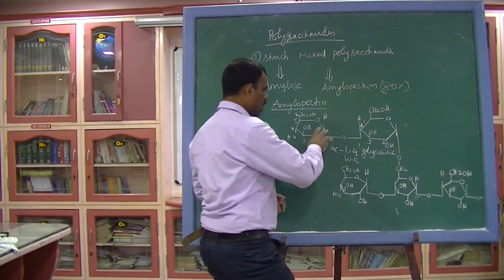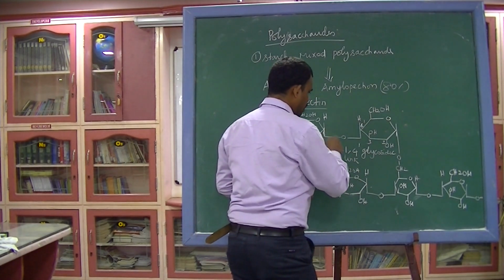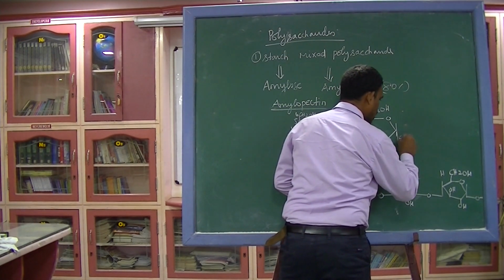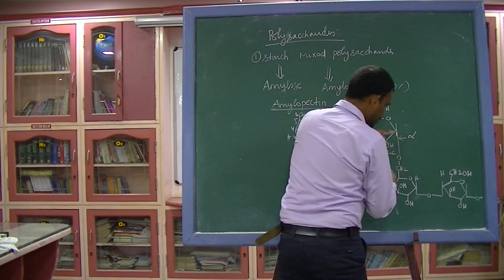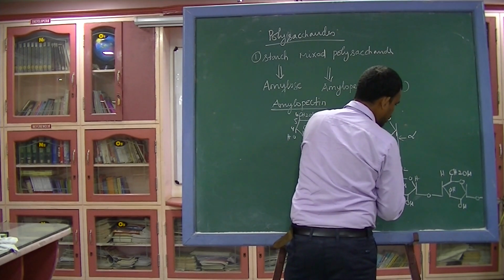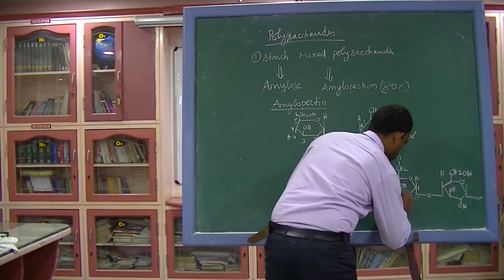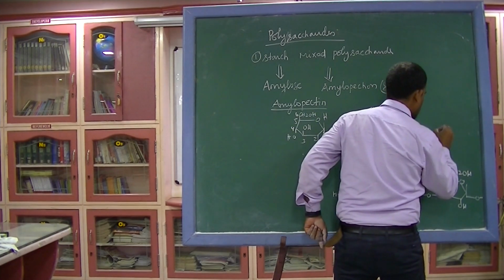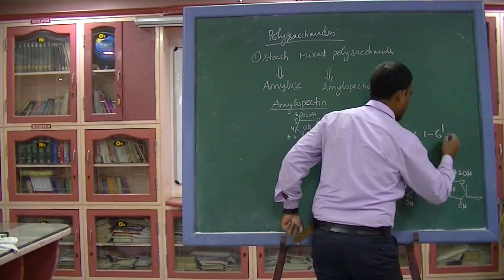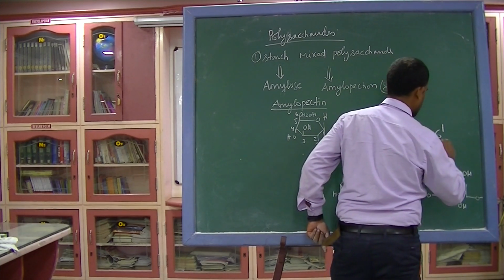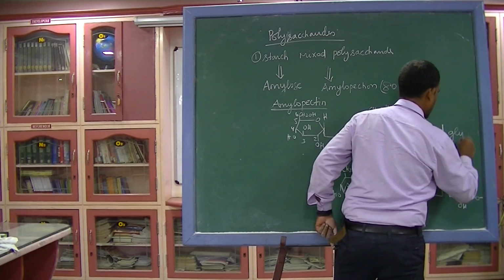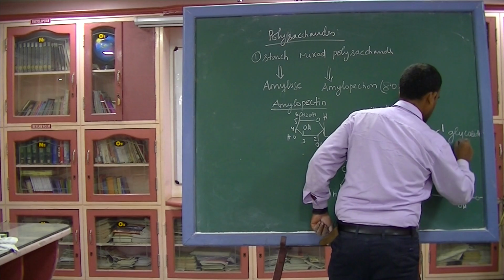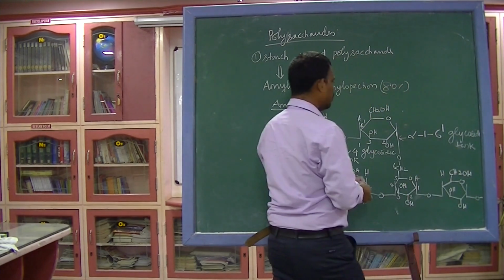So this is the structure of amylopectin, where we have two linkages. The first one is alpha 1,4 glycosidic linkage. The other one, again this is an alpha, is connected to carbon 1 and carbon 6. Am I right? So this is 1, 2, 3, 4, 5 and 6. So it has 1,6 prime alpha 1,6 prime glycosidic link.